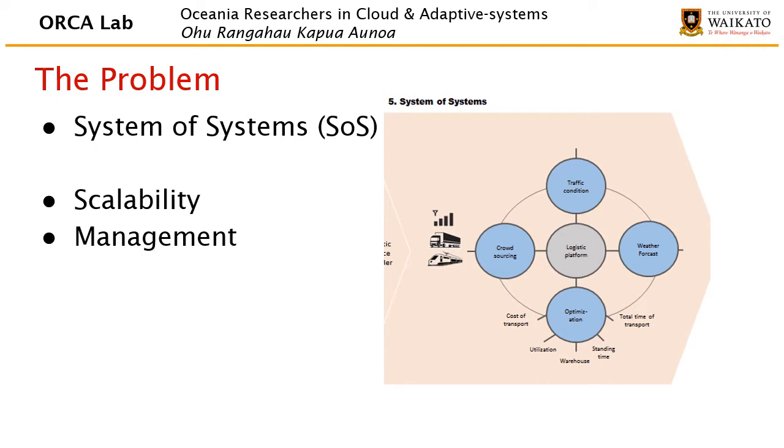So here I presented a diagram of an example in the transport sector of a system of systems, where each system, traffic condition, crowdsourcing, logistic platform, all exist as their own independent systems, but in some areas they depend on each other to function, and they need to know and interact with each other. And so as that expands or more systems are added into this little logistical system here, it increases in complexity, and